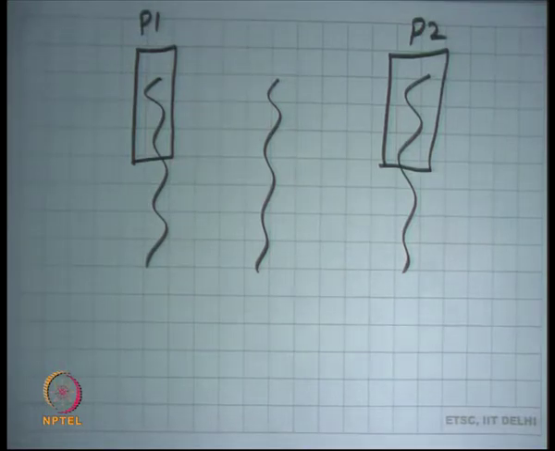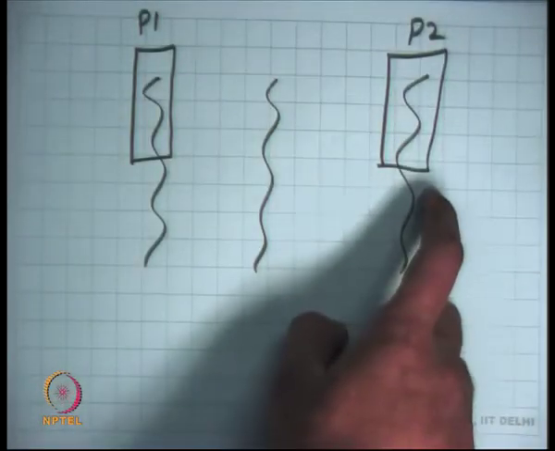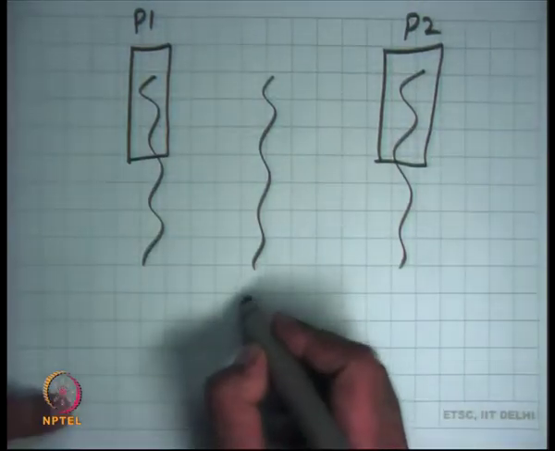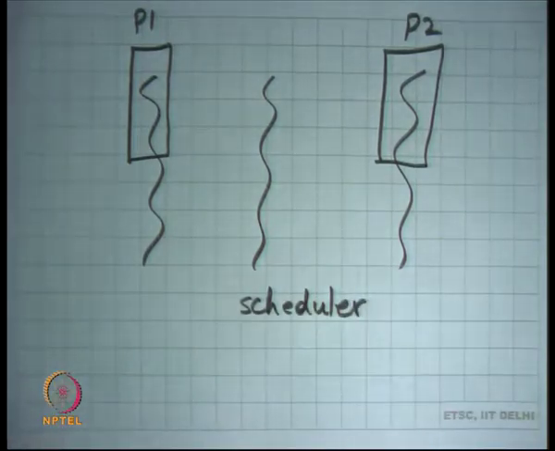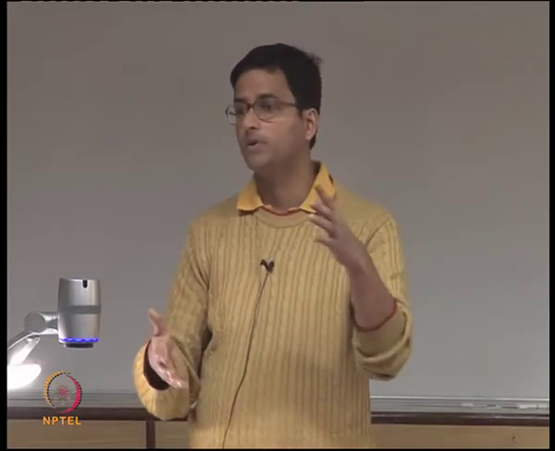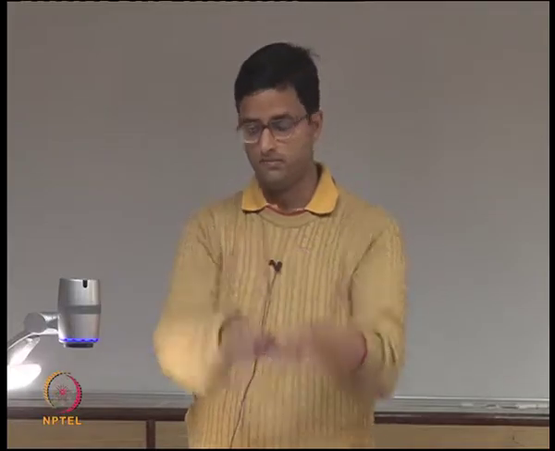Recall that every process has a kernel address space and a user address space. These rectangles here show the user address spaces, and this one doesn't have a user address space, it's only a kernel thread. One such example of a kernel thread is the scheduler thread. This is the thread, for example, that was started right in the beginning. When you booted the kernel, you started a stack, you initialized the stack, and you started executing some piece of code on that, and then eventually you call the scheduler on that stack.